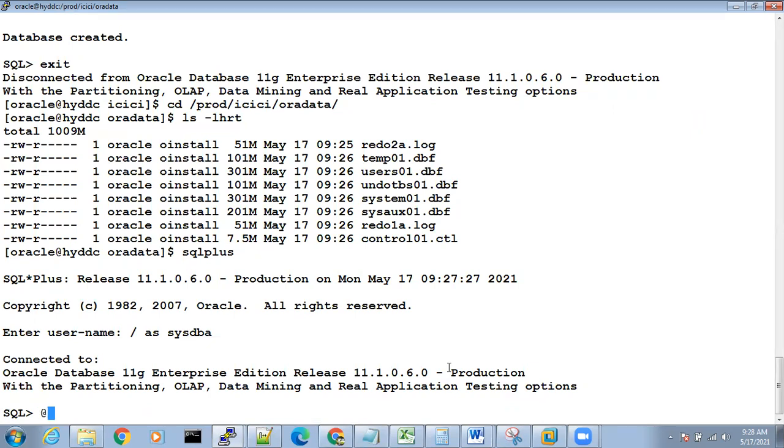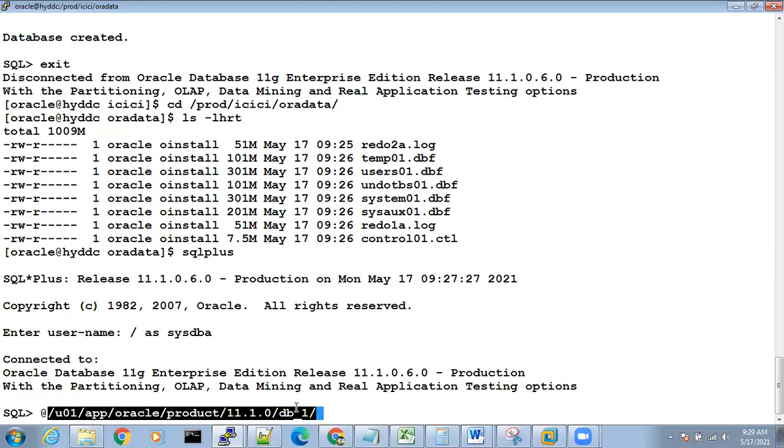You can check. I am giving full path for the first script /u01 /app /oracle /product /11.1.0 /db_1. This is my Oracle Home. @question mark, okay, question mark means this. In shortcut, I am giving question mark.